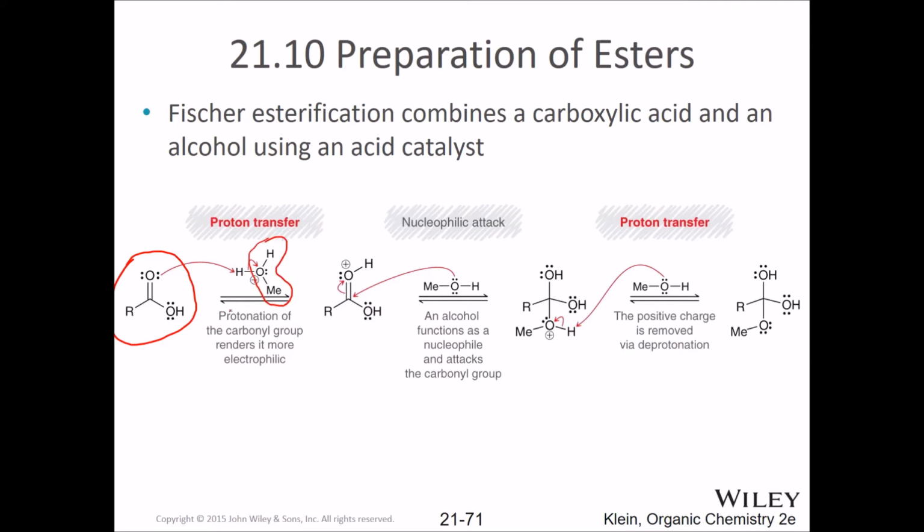Can you see methanol there? Treat it with methanol in the presence of acid, and bam, right? So we've seen this motif before. In order to make our electrophile more electrophilic, we first of all protonate. And there's our protonated carbonyl. It's more attractive now to the methanol, and so the methanol comes in, making a new carbon-oxygen bond, a tetrahedral intermediate,